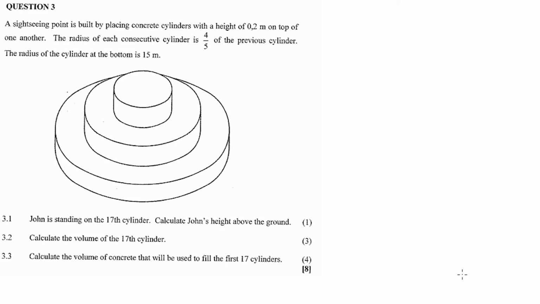3.1. John is standing on the 17th cylinder. Calculate John's height above the ground. So for 3.1, we want the height above the ground, 1 mark. John is standing on the 17th cylinder, so we're going to multiply 17 by 0.2. We want his height above the ground. Since all the cylinders have a consistent height of 0.2,